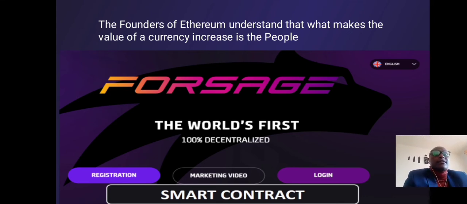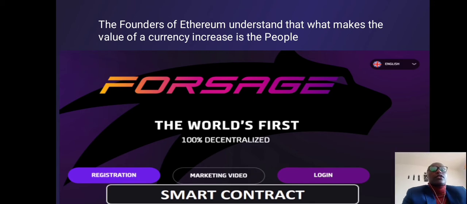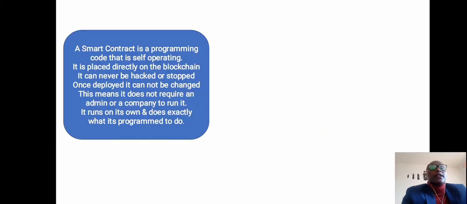The platform is called Forsage, and it's the world's first 100% decentralized system or blockchain. The reason I'm saying it is the first one is because Bitcoin doesn't have this kind of a platform, so Ethereum does have, and this is the first of its kind in blockchain. So a smart contract is a programming code that is self-operating and is placed directly on the